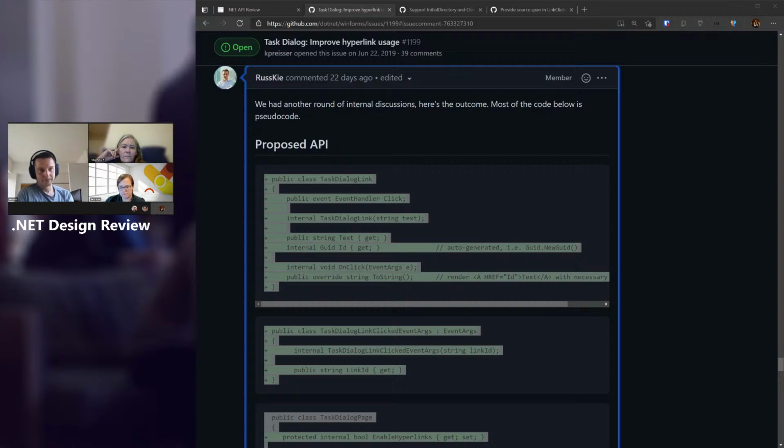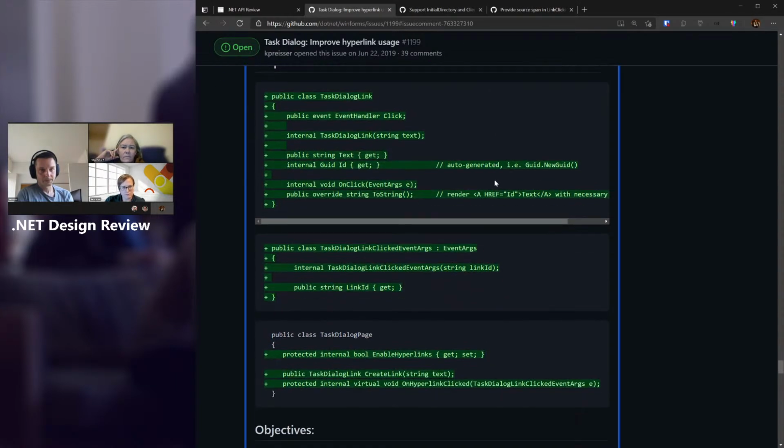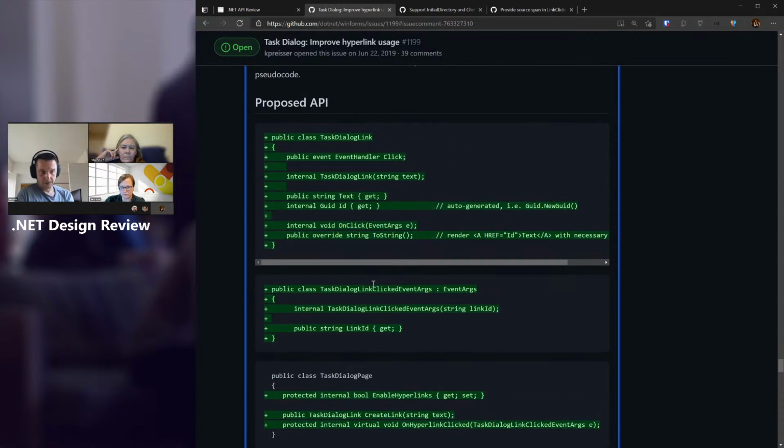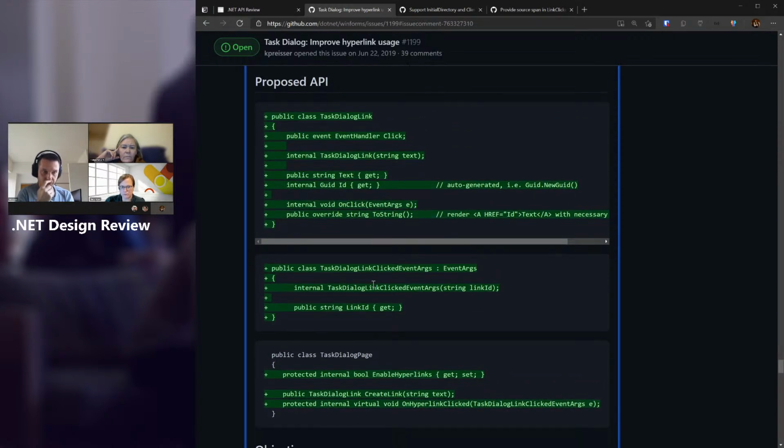Looking at the proposal, my understanding is that the task dialog link is a net new type. So is the click event args, and then on the page we just add these members. Is that correct? Yes. So this is a big, complex proposal because we want to cater, and if you scroll down, there's an objective.